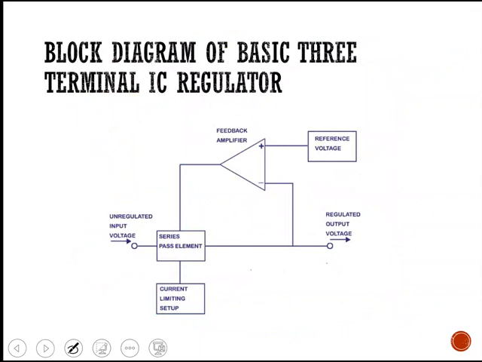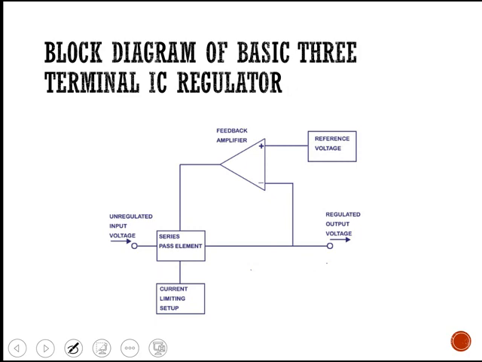Next we go for a fixed regulator. So this series regulator can be either a fixed regulator or adjustable. That means the output voltage V0 is always fixed to some value, or you can have an adjustable output varying from one range to another range. So first we will have the basics of fixed output voltage regulators. Next we will consider the variable or adjustable output voltage regulator.